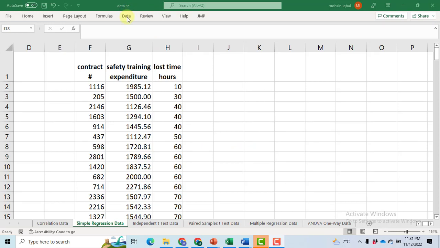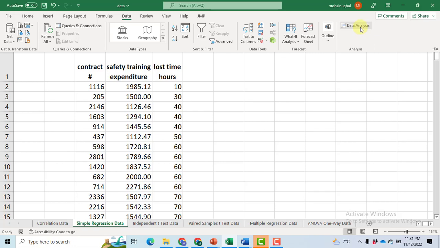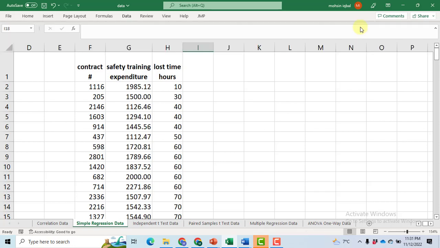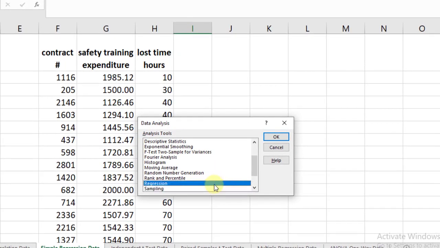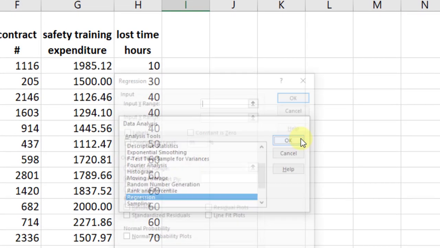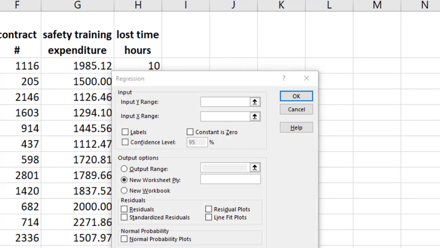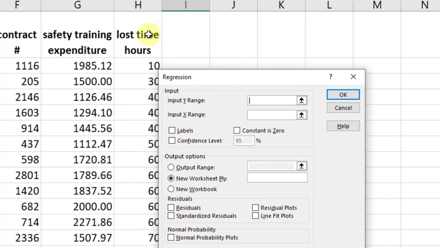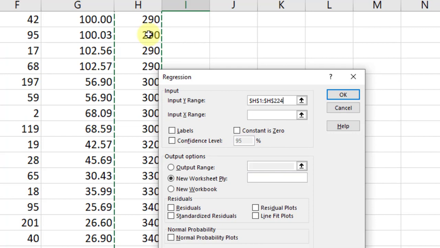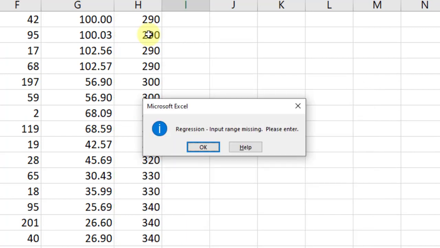To perform the regression analysis in Excel, click on the Data tab, then click on Data Analysis. In the Data Analysis tab, we have Regression. Let's search for regression and click OK. Then we have to enter our independent and dependent variable. Y is always our dependent variable, so I select lost time in hours: click on the first cell, then press Shift, Control and Down Arrow. The whole data will be selected. Click enter, and then